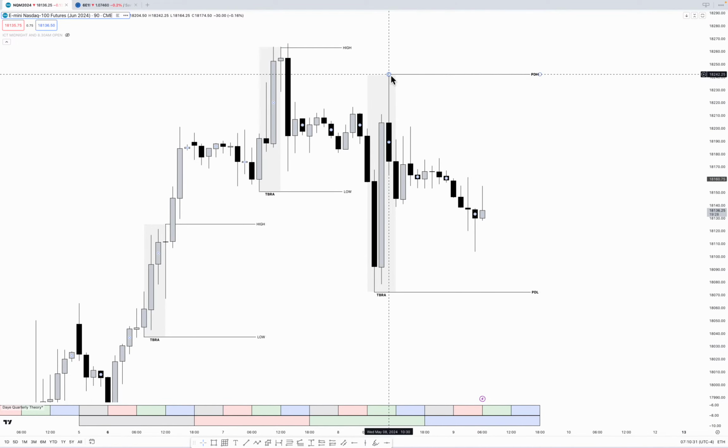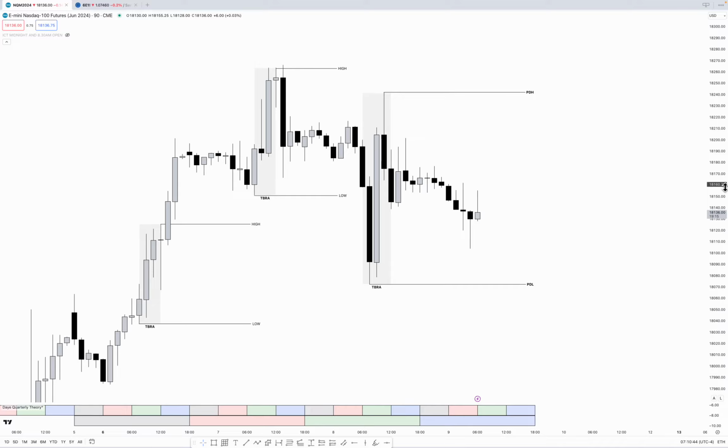today we are caught between the range of Wednesday's Q3 New York session. So this whole entire range is yesterday's New York session. And if you notice, right now we are within the range, right? And you'll also notice that this whole entire session created the high and low of the day. Price drew lower to target a time-based discount array within the dealing range, the time-based range array. And then it drew higher